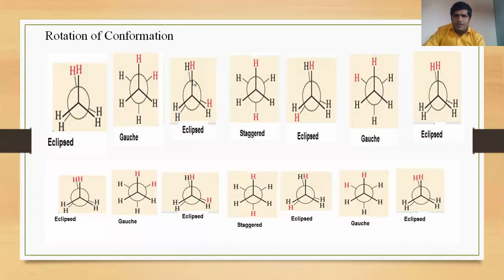Okay, whatever hydrogen is going to this location, and this hydrogen going to this location, that will become the staggered conformation. Again, this hydrogen going to this location, this hydrogen going to this, and this hydrogen going to this, that will form the eclipse conformation. Then again, this red color hydrogen going to the Gauche, means a 60 degree angle will be there between these. Whatever the conformation is, it is called Gauche. And last one, whatever the hydrogen, again at the original position, it is the eclipse conformation. So here the rotation is possible.